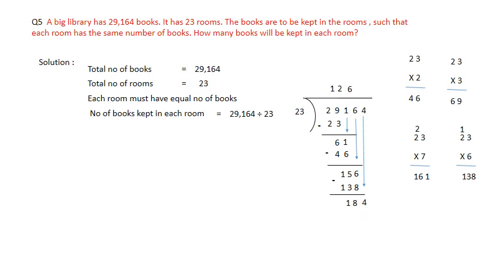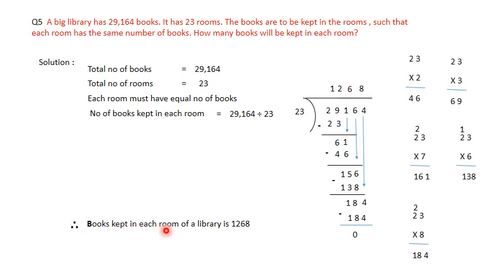Again what are we going to do? We are not going to look at this ones digit. Now 2 9s are 18. Let's try one number less. Now if I take 8s, we multiply 23 into 8, you are getting 184 and we need 184 only. So we'll take directly 8s. So you are getting 0. So your answer is 1268. So how many books are kept in each room? 1268. So finally we'll write our answer.